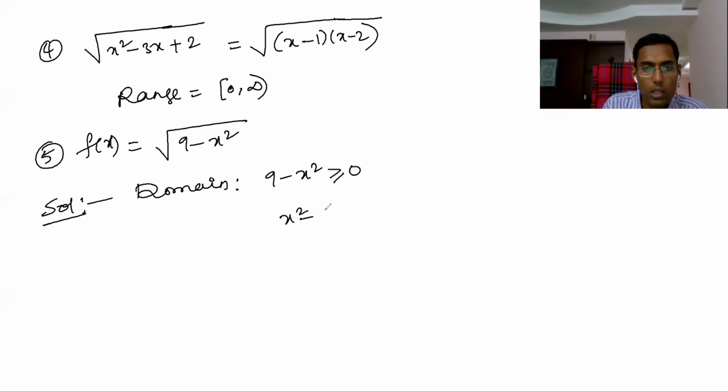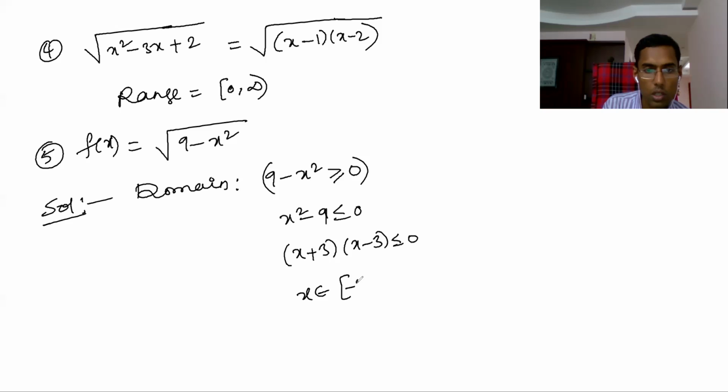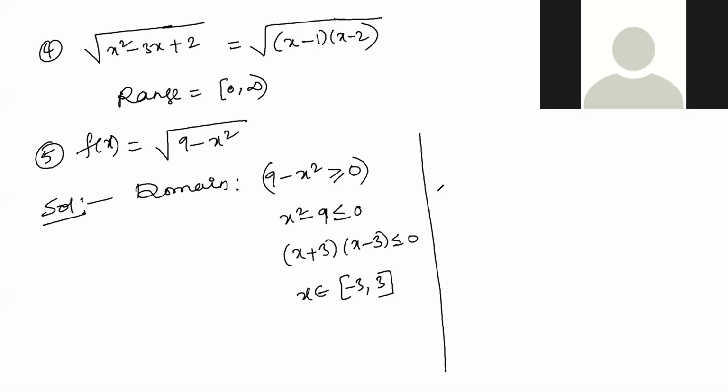That is, x square minus 9 must be less than or equal to 0. If I multiply with minus on both sides, the sign will reverse. Minus 9 plus x square. So here what are the roots? Plus or minus 3. Less than means it lies between the roots. Already we discussed, it lies between the roots. What are the roots? Minus 3 to 3. So like this it is.